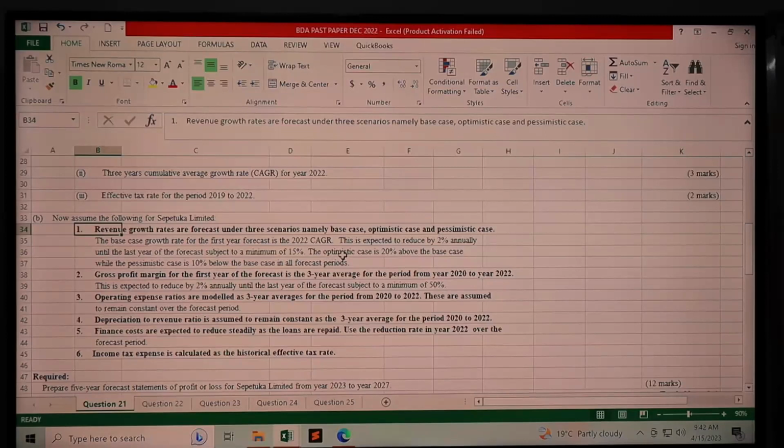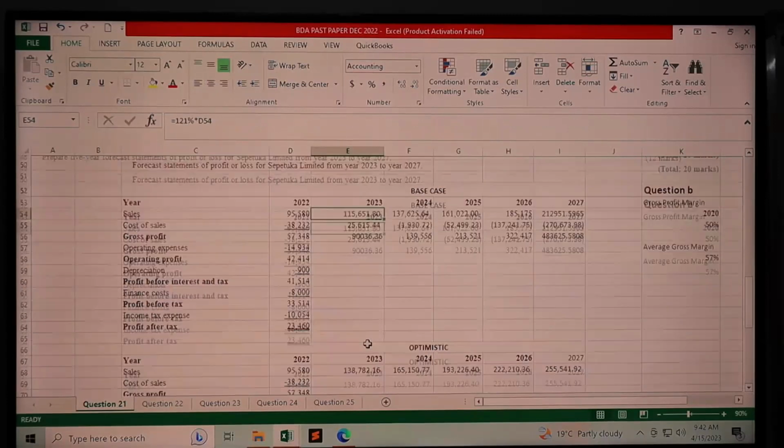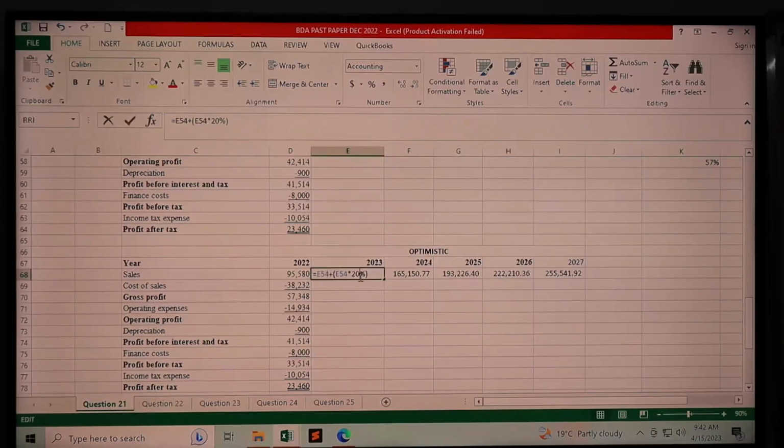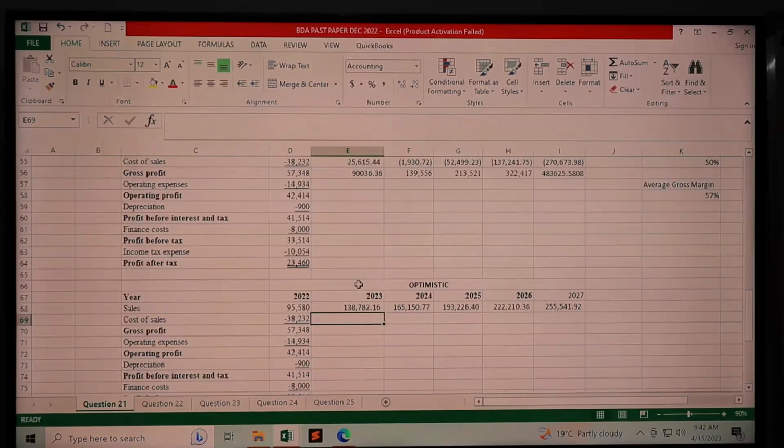For the optimistic case, it is 20% above the base case for revenue. If this is the base case, then the optimistic case will be 20% above this. You can do it in two ways. Either you take this value plus 20% of it, which will give you this amount,